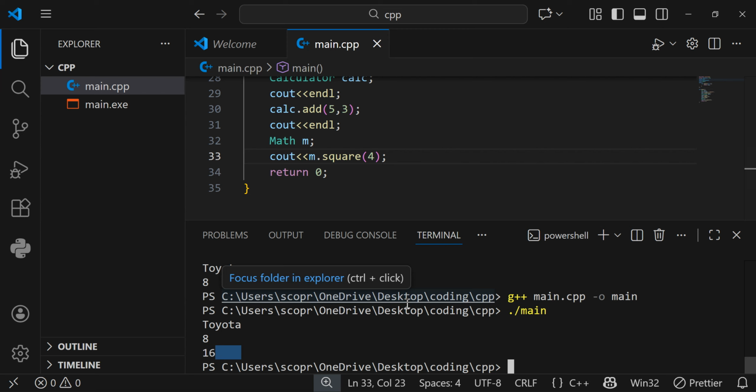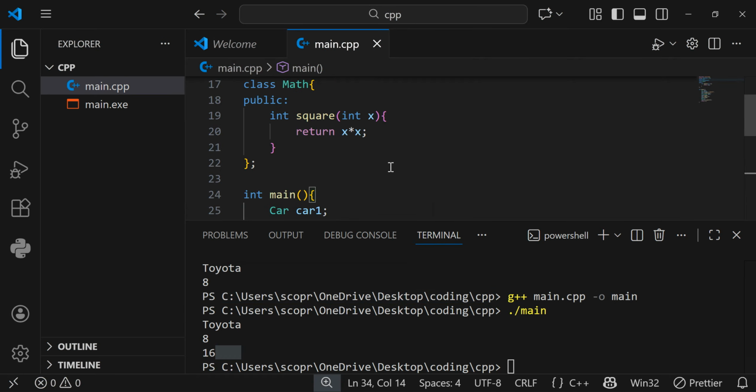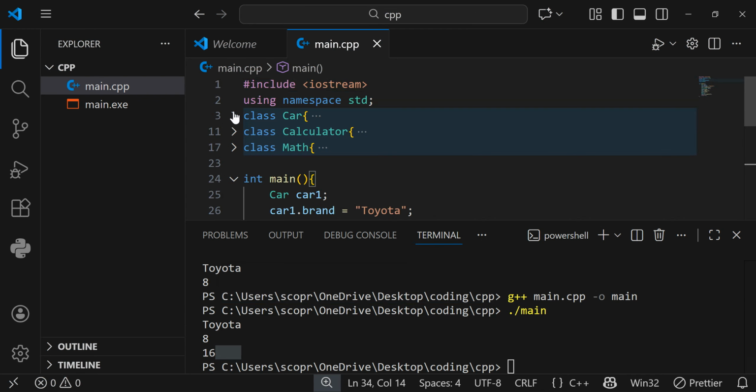So let us now take a look at defining methods outside the class. Methods can also be defined outside the class using the scope resolution operator. Let us take a look at this. Let us create another class. Let me forward this one, like that, and then I go into this line,